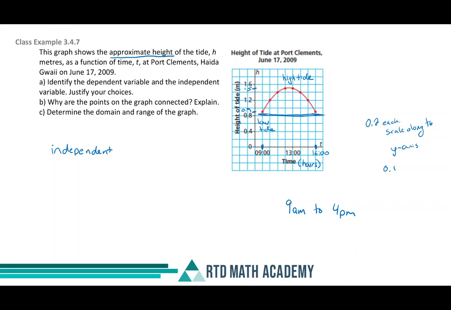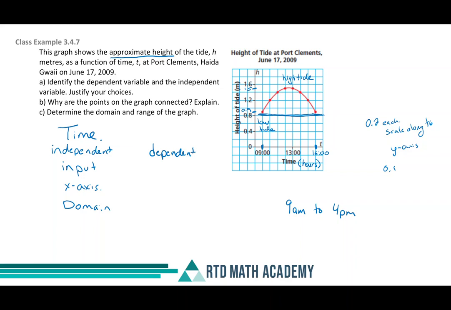variable is something you can't manipulate, right? It's not dependent upon something. Time is something that we can't manipulate. Not yet, anyway. Another thing that's kind of nice is independent and input are pretty darn close. We also know input is along the x-axis, which will eventually become our domain values. So our independent variable is time in this question. Our dependent